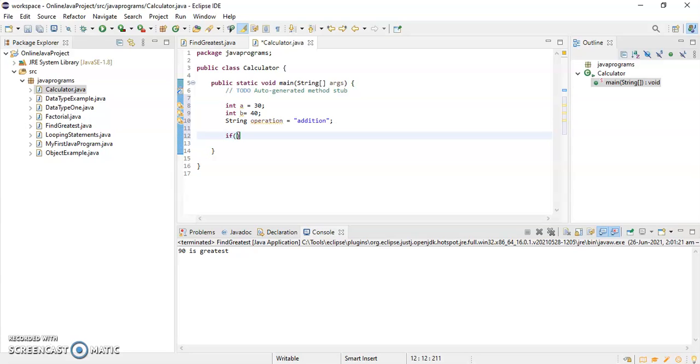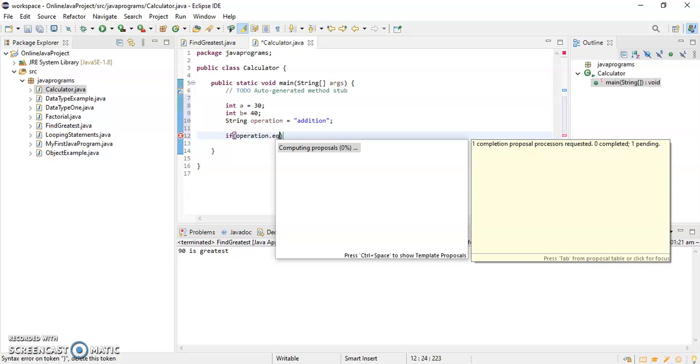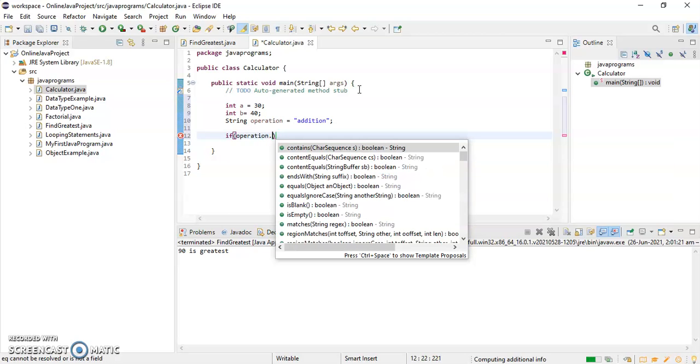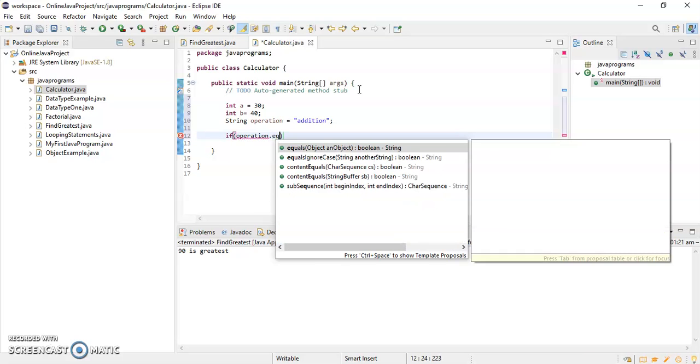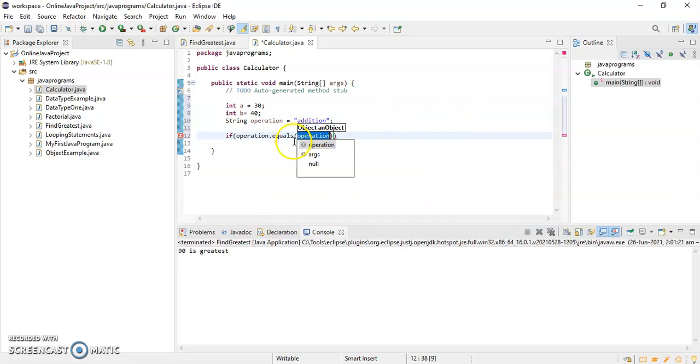If operation.equals addition, then it has to do, I'll print the result of addition.